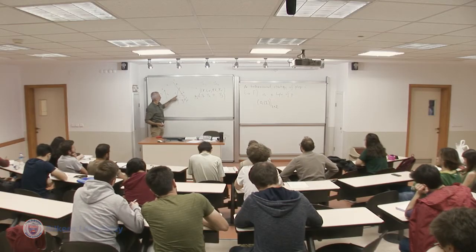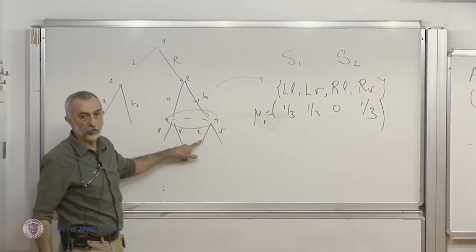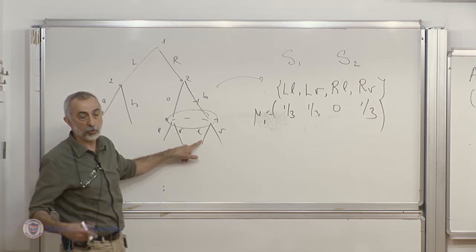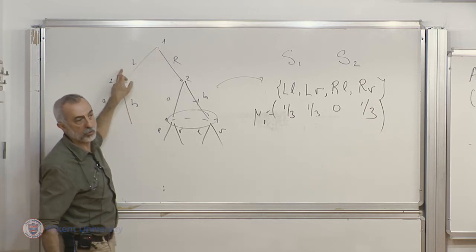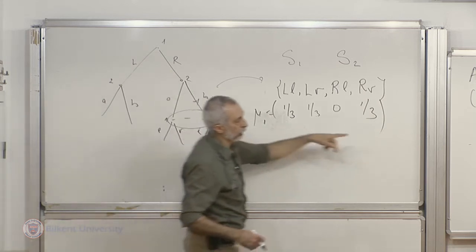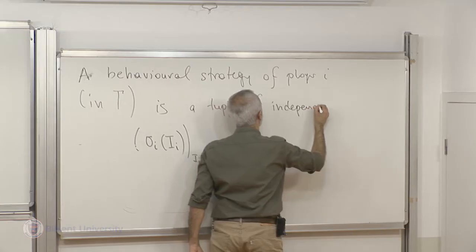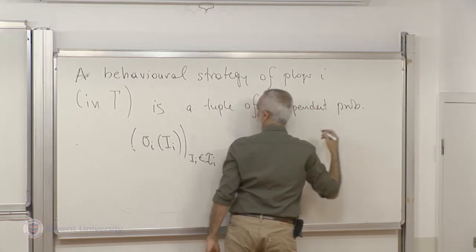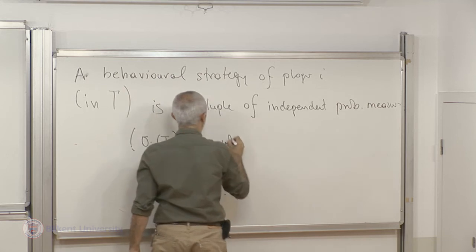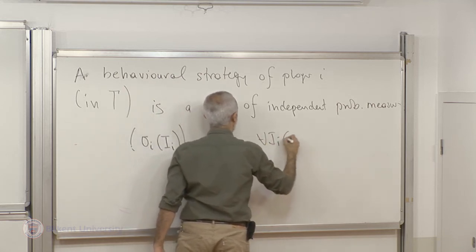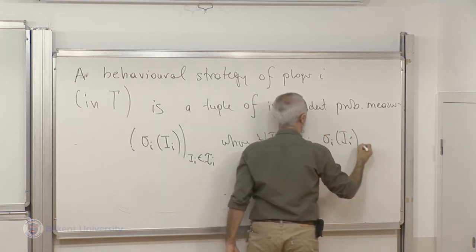I want the probability measure used, that is the random device used to choose between L and R, to be stochastically independent, that is independent in the probability sense, of the random device used to choose between capital L and capital R. So it's a tuple of independent probability measures where for any capital I, for any information set of agent I, sigma I capital I is